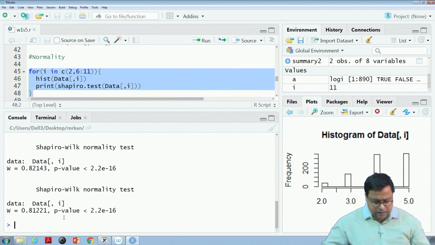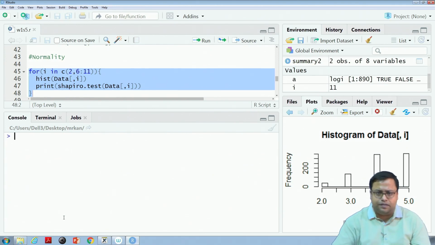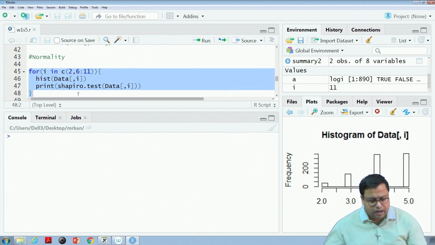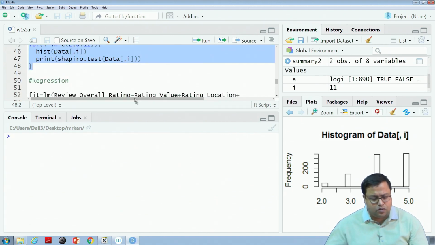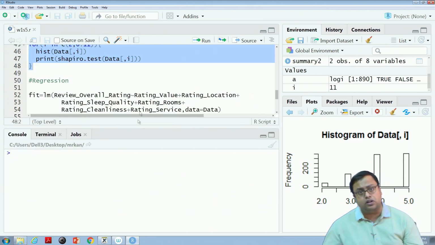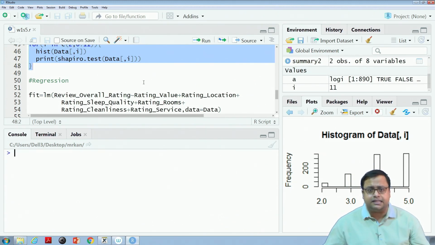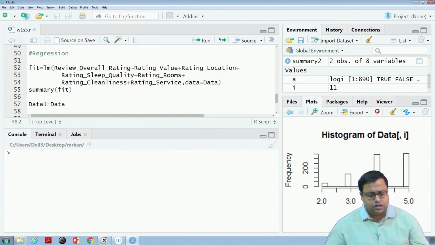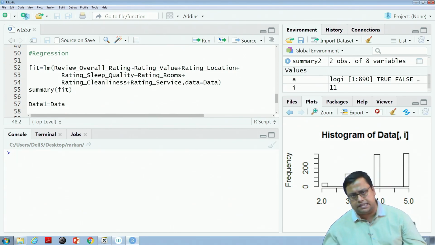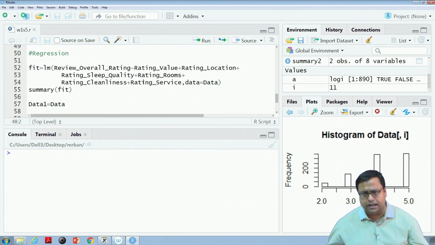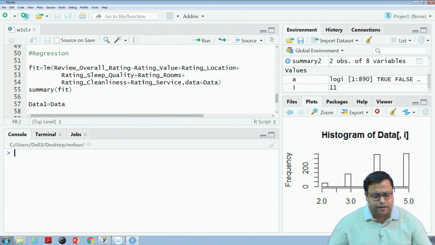So, ideally if the variables are not normal you should not do linear regression, but for the current purpose I will do a linear regression, and then I will do something else also which will deal with this normality issue. Linear regression is something that most people know, probably those who are doing this course. I will discuss linear regression in further detail in a different class, but here I am just showing you how to do it.